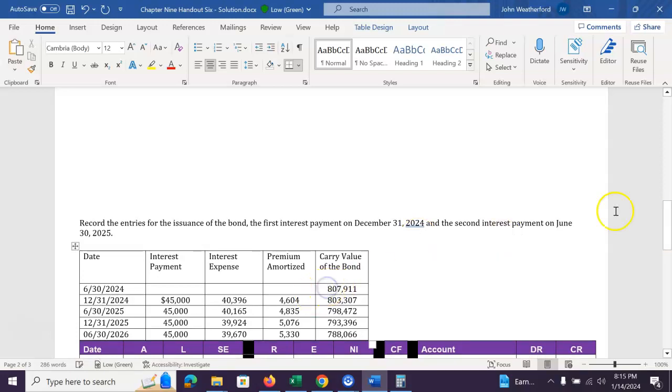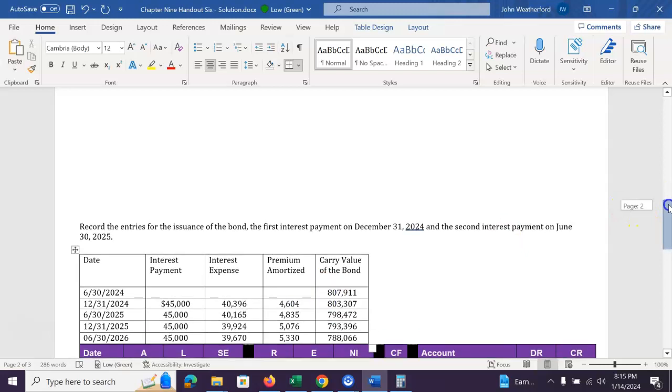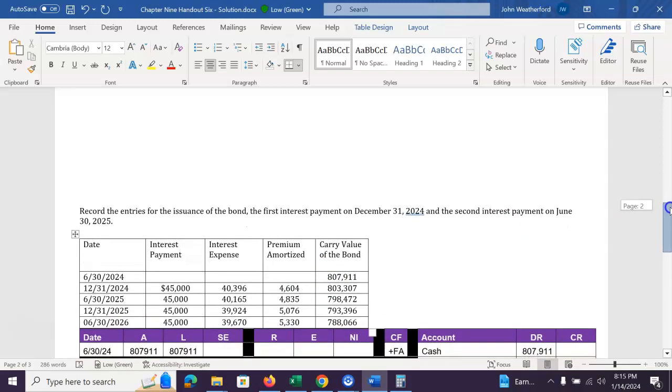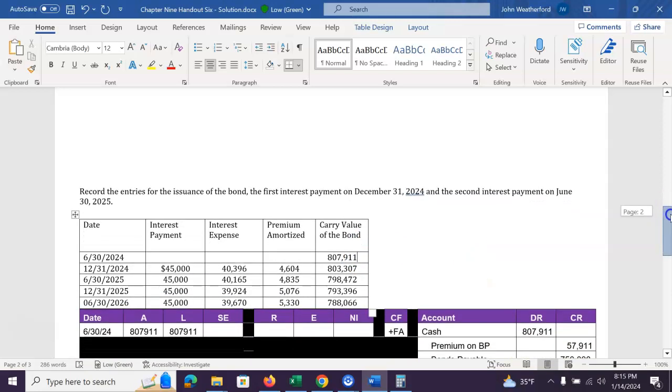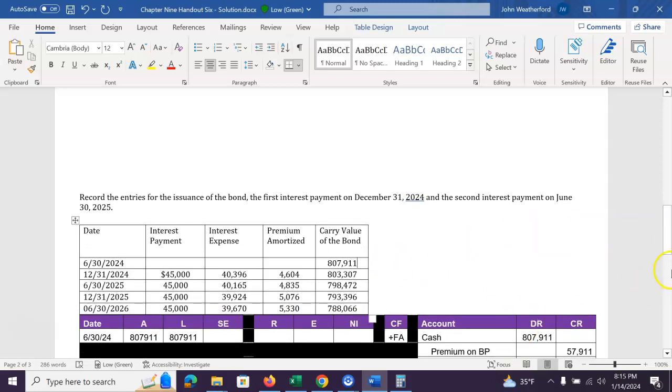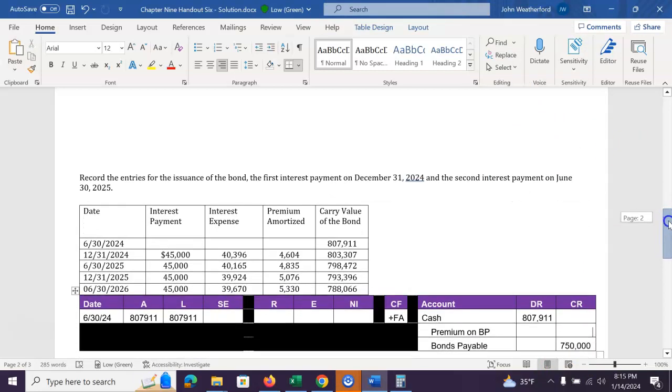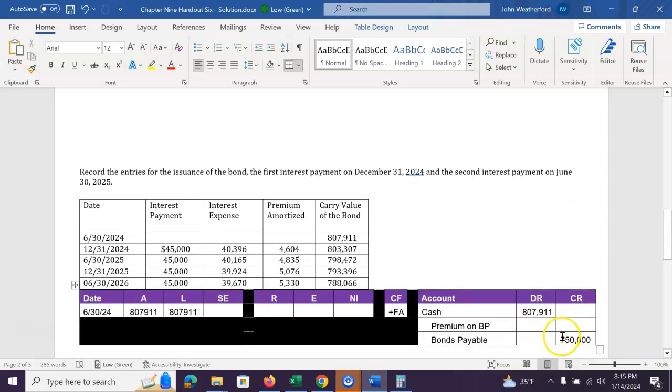When the bonds were issued here on 6/30/24, the issuing corporation would have debited cash for the amount received, the issue price. We credit premium on bonds payable. Let's come back to that amount though. We know we're going to credit bonds payable for the face amount, $750,000. We know we'll debit cash for the issue price. So to balance the entry, we need more credit, and that's going to be our premium,